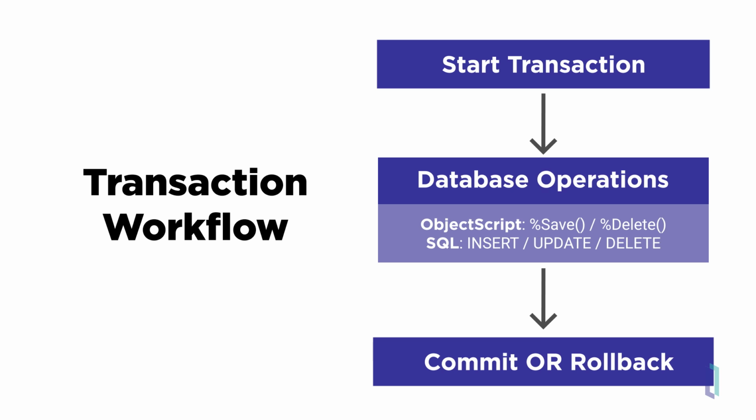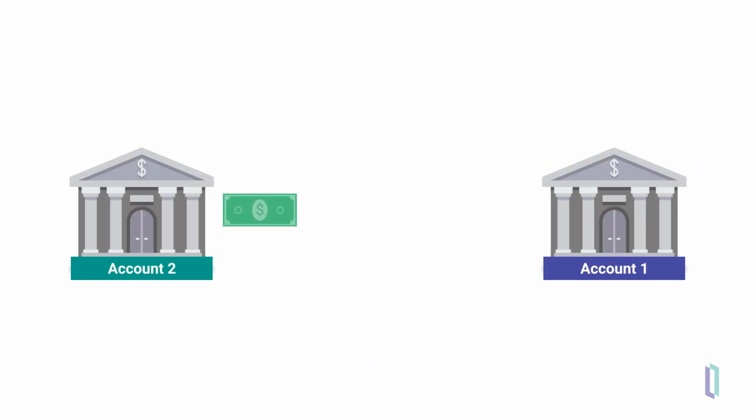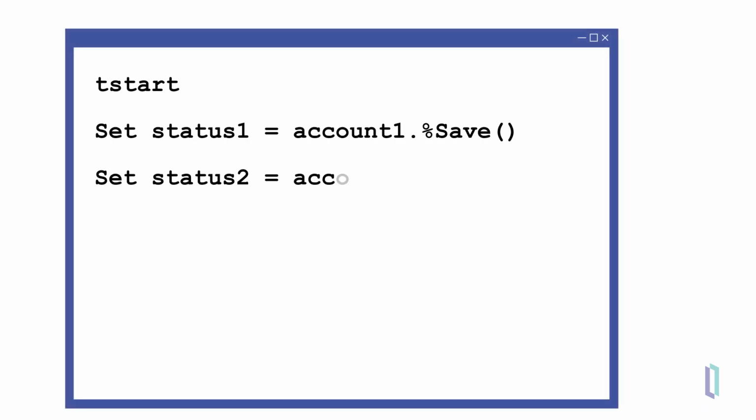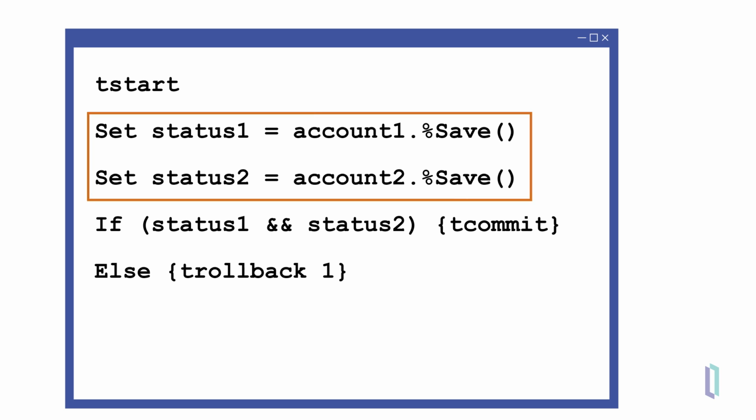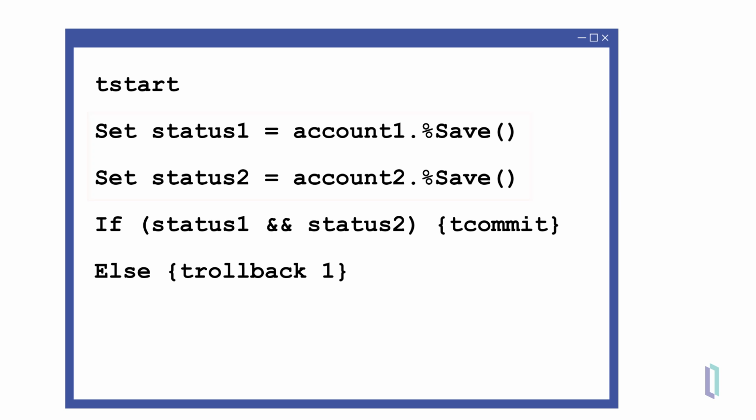Now let's apply that workflow to a simple example: transferring $100 from one bank account to another. In ObjectScript syntax, here is the typical sequence. To begin a new transaction, use tstart. We then proceed with our database operations. In this case, two account objects are saved after their balance properties were updated prior to starting the transaction. The command tcommit will commit all the operations performed since the last tstart. If something went wrong with either of the saves, trollback1 reverses any changes made during the transaction,